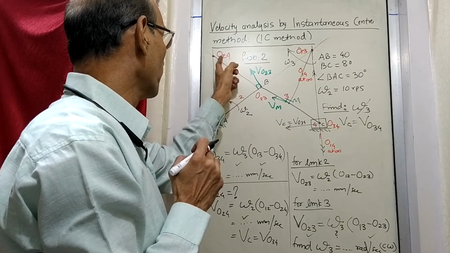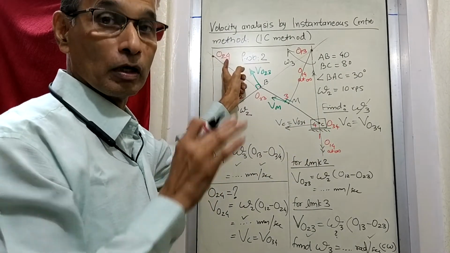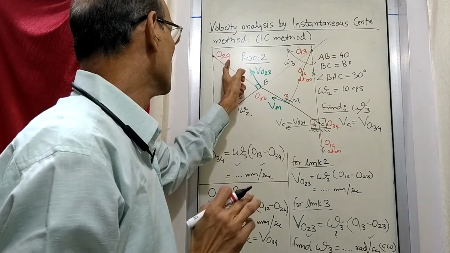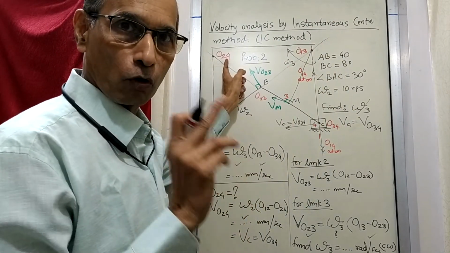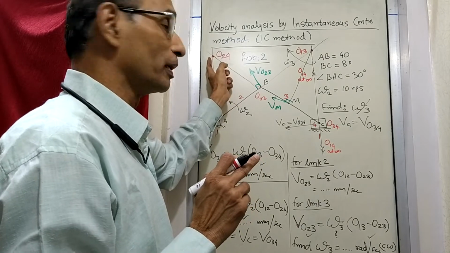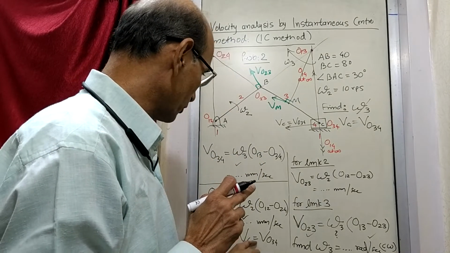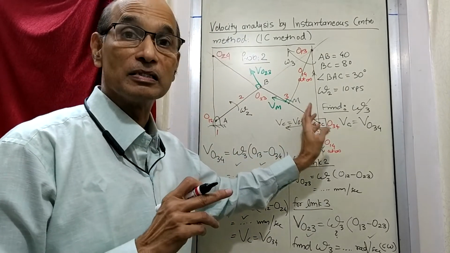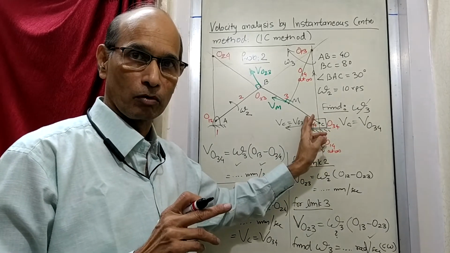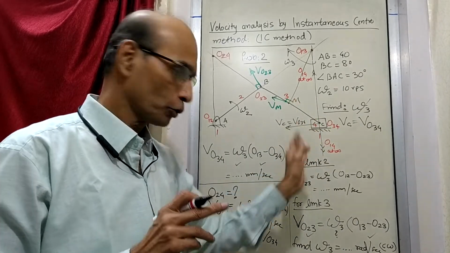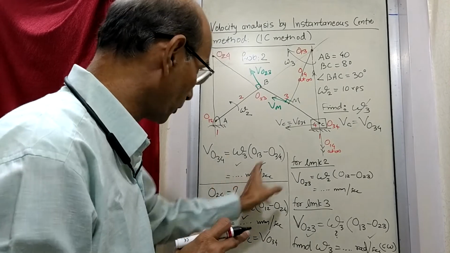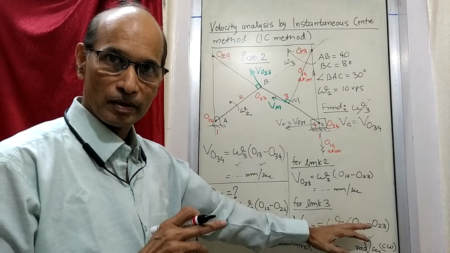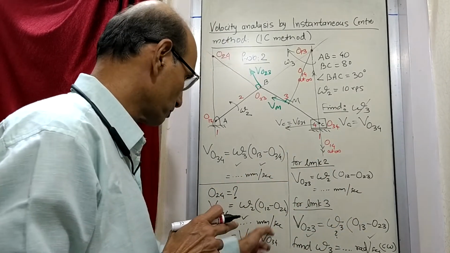Because this is a point which belongs to 4 also. Now how it is that we will see after some time. So if it is a point on link number 4 also, then whatever velocity you get right now is the same velocity it has got if it is considered on slider number 4. So you have got the answer directly. So the whole problem what we have solved step by step can be solved just by this much.